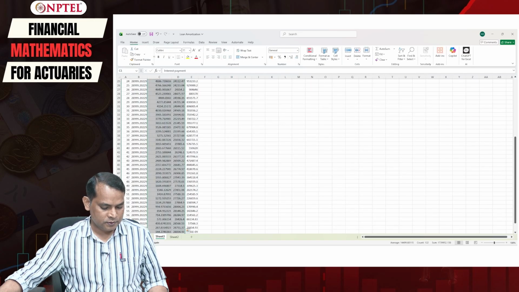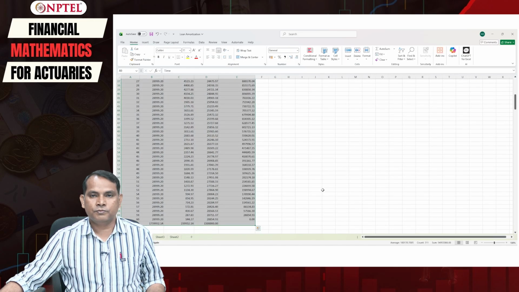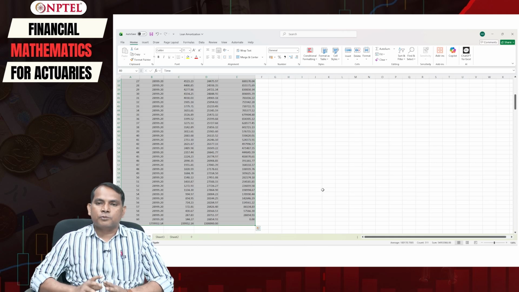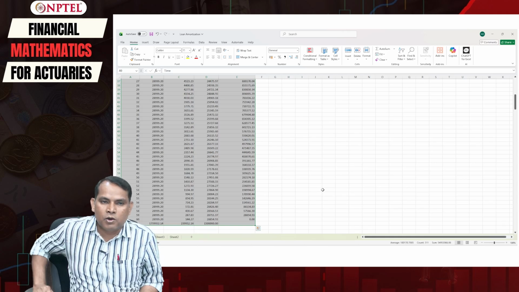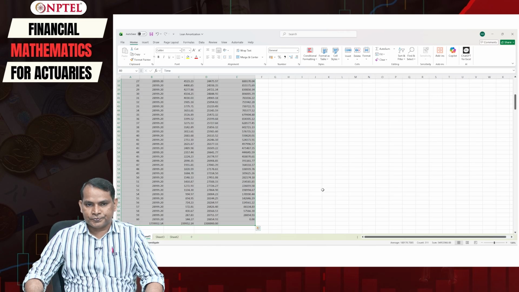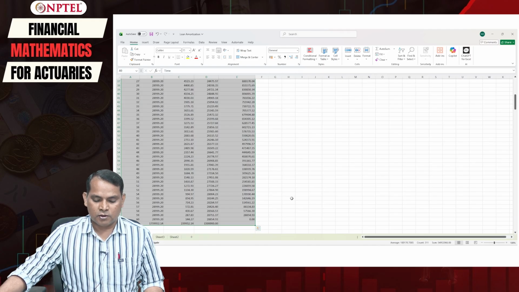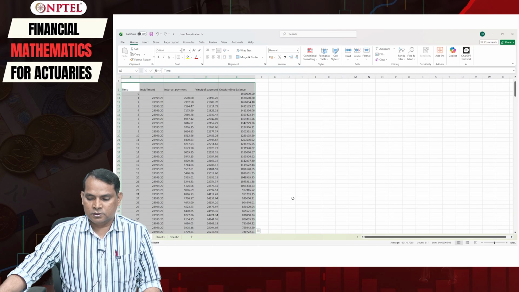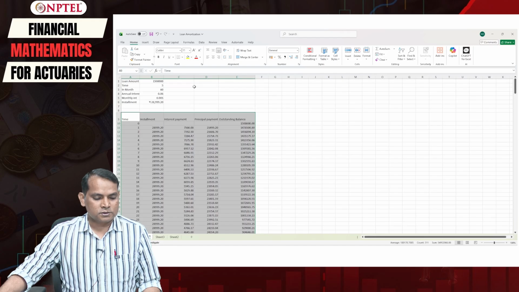So I believe you have understood what the loan amortization schedule is and how it is useful, how to construct the loan amortization schedule, that is how to construct the loan outstanding balances and the principal, and how to construct the installment. Everything you have learned now. Let us now work to understand a problem and solution way.